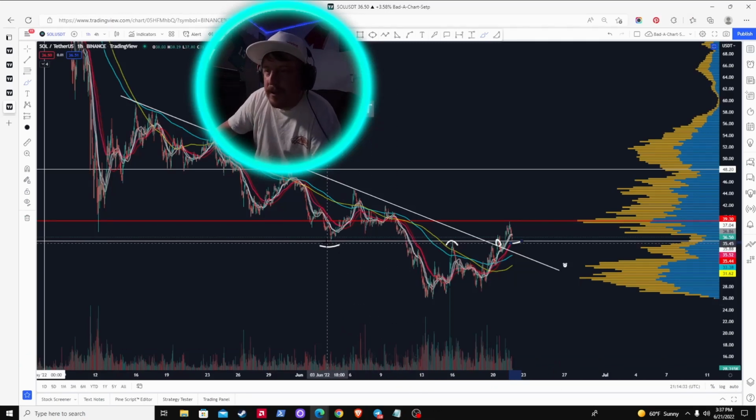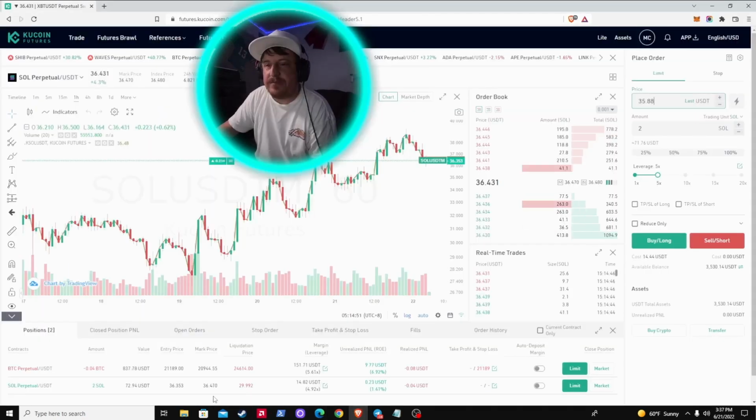Under the assumption that this previous support, which was resistance back here two different times, would hold up as support this time on this bounce, I'm going to go a little bit below that. 35 is kind of an even number, so let's go just below that. I'm going to do 34.75 as my stop loss.